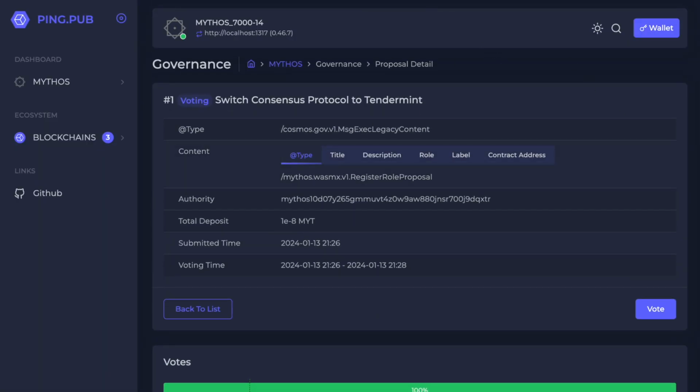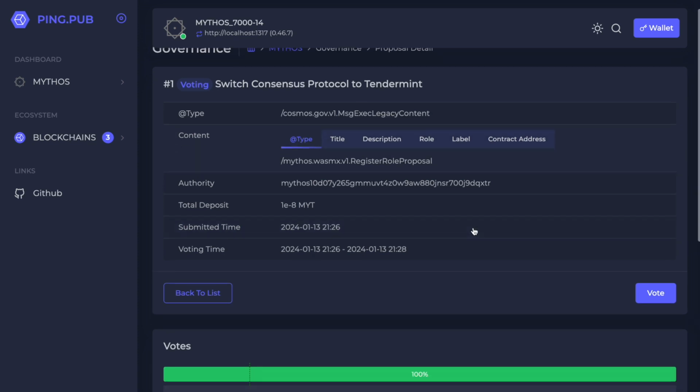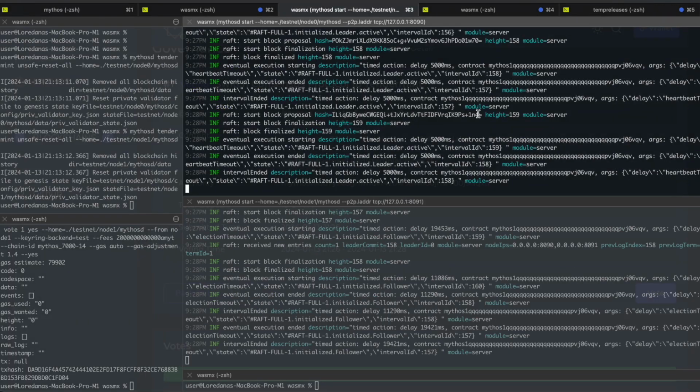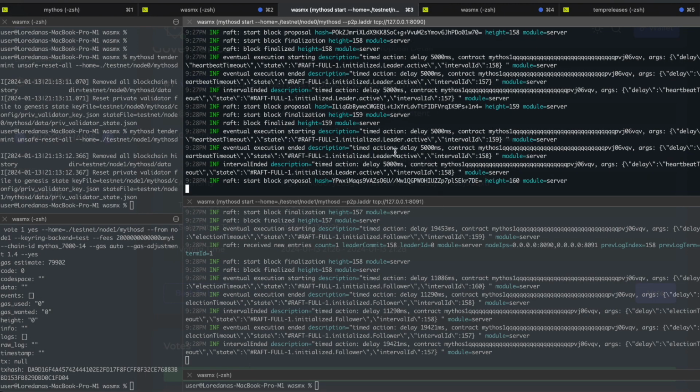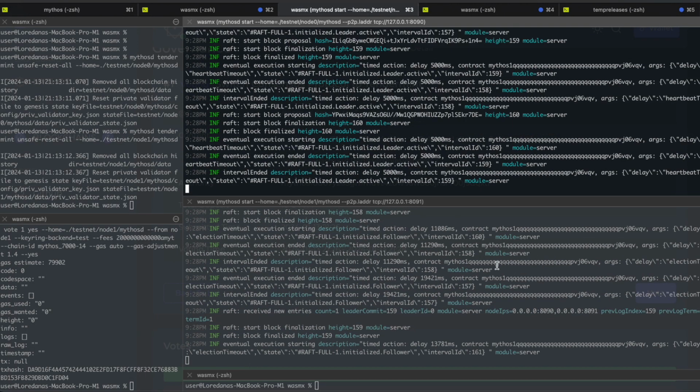So what will happen now is that the testnet proposals take 2 minutes to finalize. So after 2 minutes have passed, we should see a consensus change on both of the nodes. And first, we will see it in the leader node and then in the follower node.